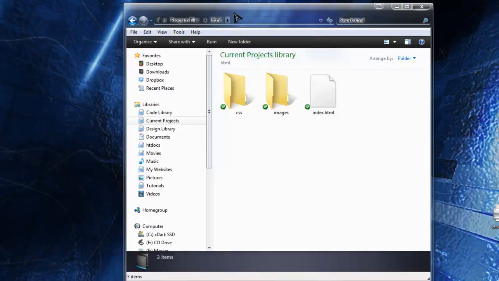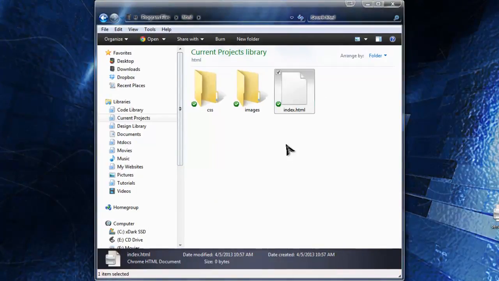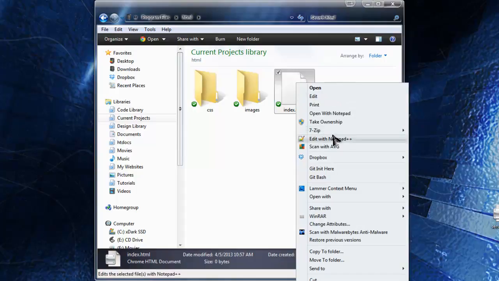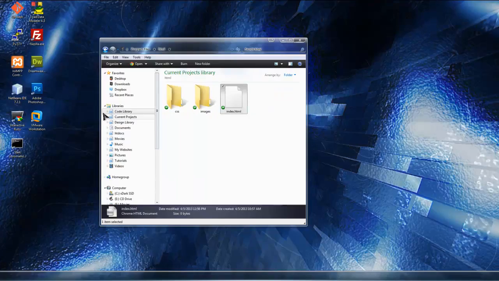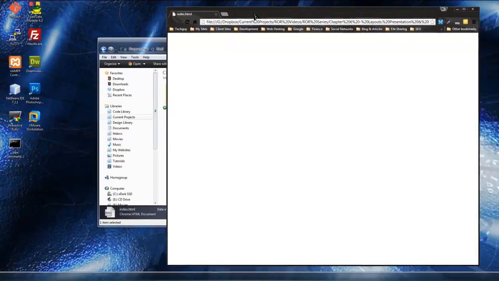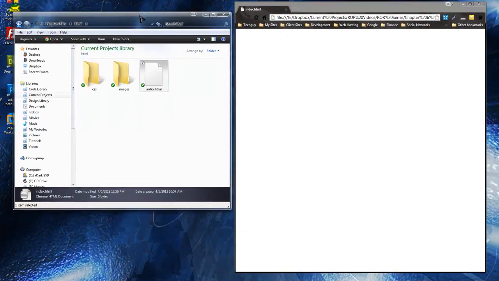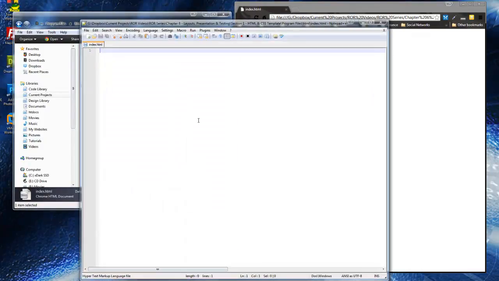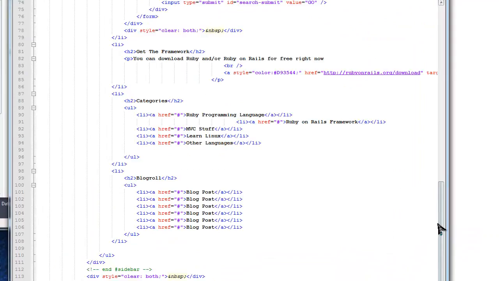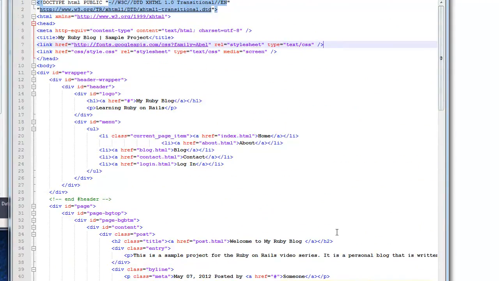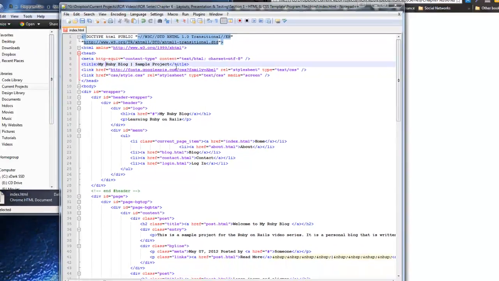So we get out of that, and the first thing I want to do here is create the index file. So let's open up index.html. I'll open it first in a browser. So we have nothing, and I'm going to open it with Notepad++, and I'm just going to paste some code in instead of typing it all out, because that would take way too long. And it's just basic HTML. This is actually an XHTML document, so we have the doc type. And then we have the head tags, and we have the content, the character set, and we have a title, static title,